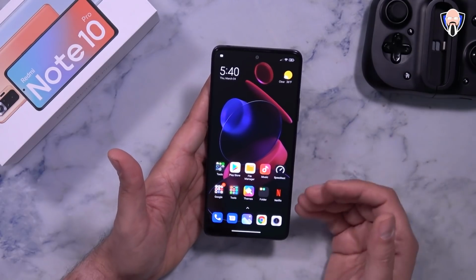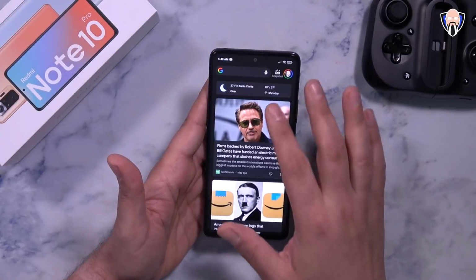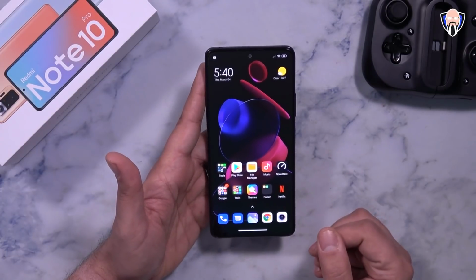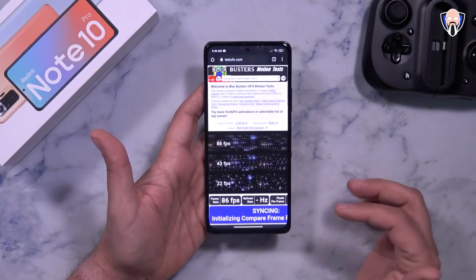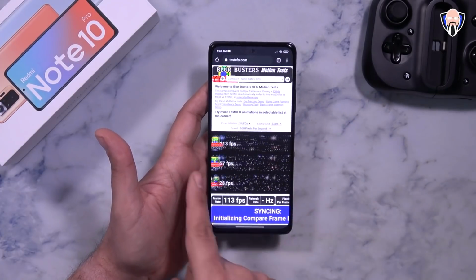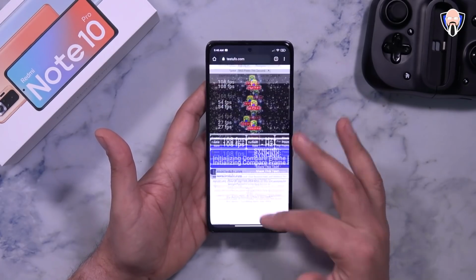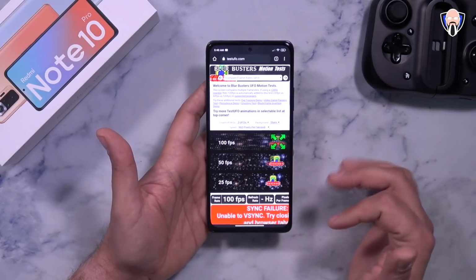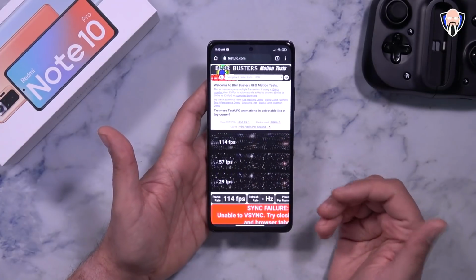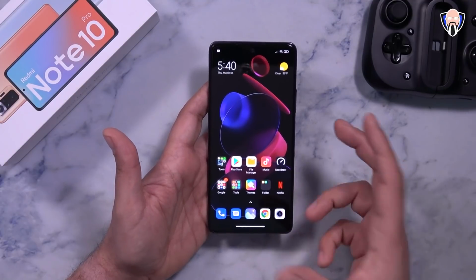6.7 inches, again, 120 hertz refresh rate, the ability of just scrolling through and getting the smooth 120 frames per second refresh rate. And as you can see right there, depending on the refresh rate of the display, it'll go up and down, but essentially it does clock in and it's running at over 112, 113, 110. As long as I keep refreshing the display and forcing it to keep refreshing, it will jump back up. So very nice, very good AMOLED display, but I'm pretty sure you guys want to see the gaming experience,